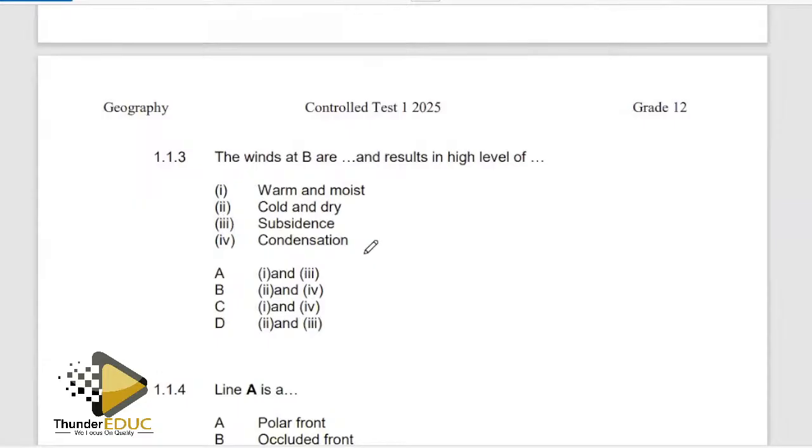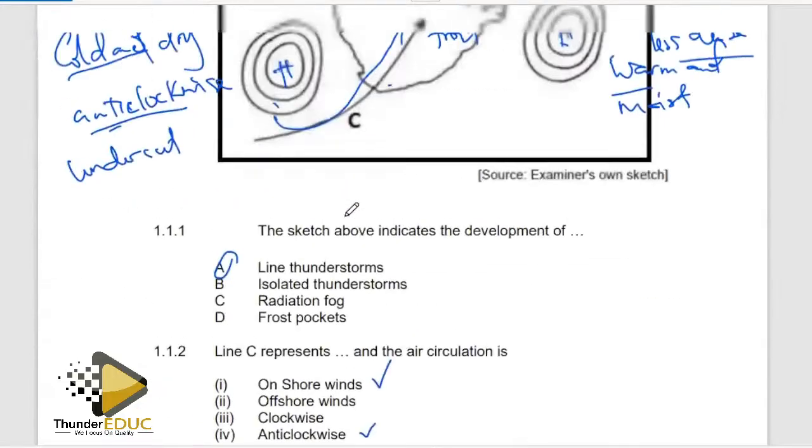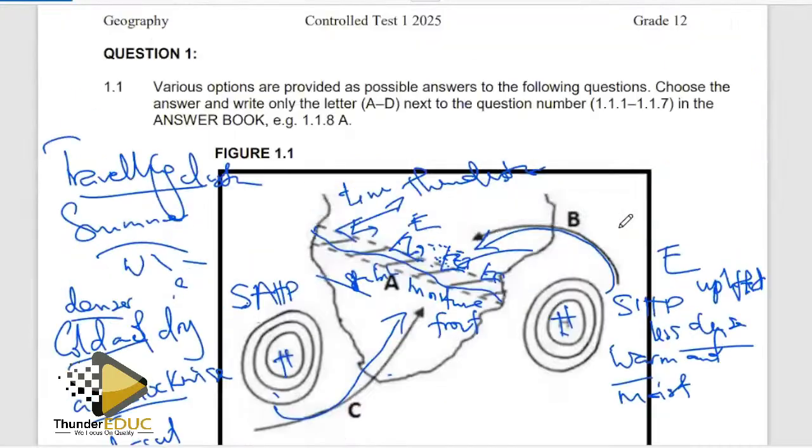The winds at B are dash and result in high levels of what? The winds at B, right. Let's look at item number B. We have said the winds at B are warm